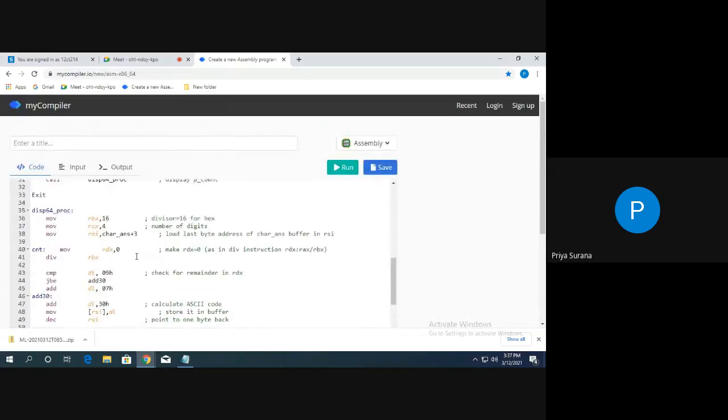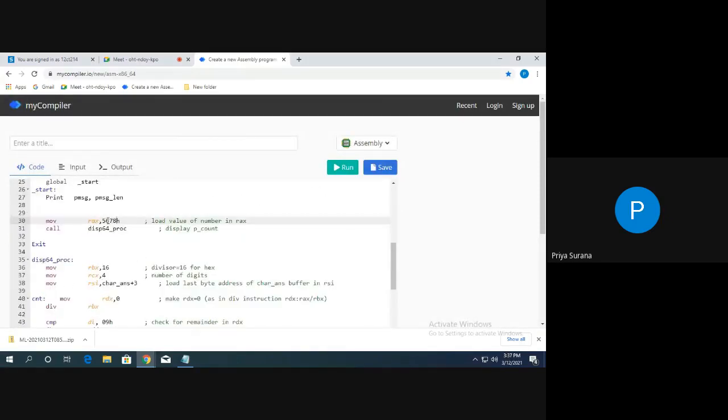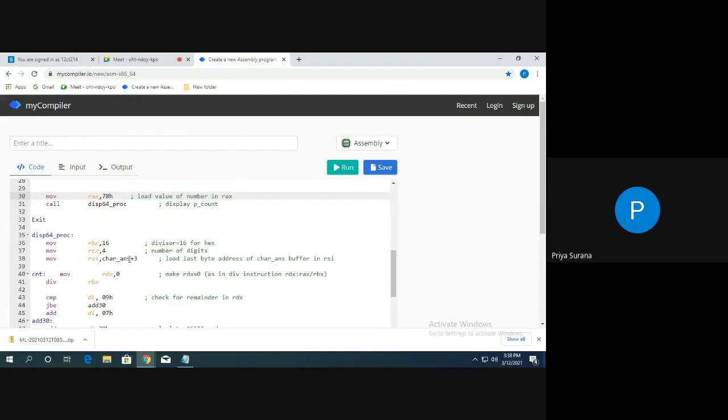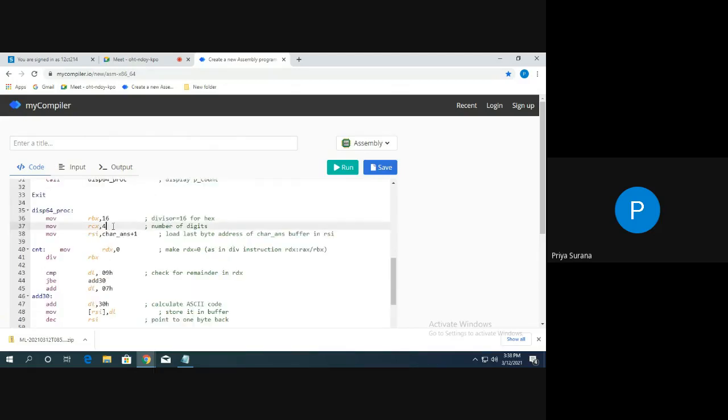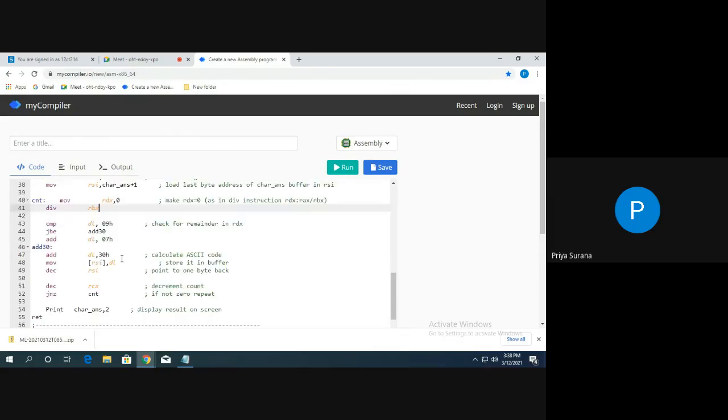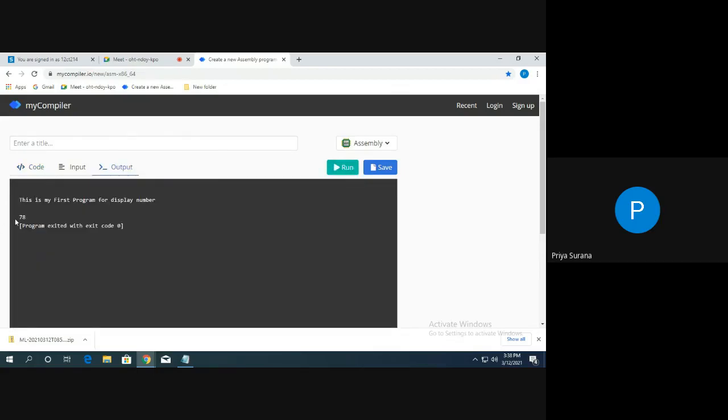If you want to modify this program for 2 digits, you can modify it. Check this, I am modifying it for only 2 digits. Where I am making the modification is important, and you are supposed to understand those parts. The counter will become 2. Now I am running this code, and it displays 78. So check things and try to understand with the comments. Check this video again, type your own code, and check the results.